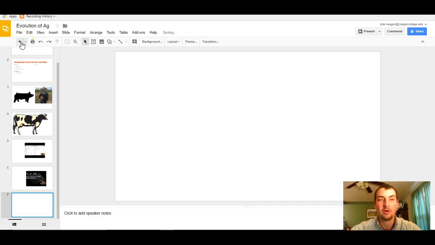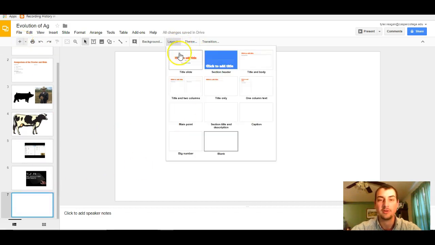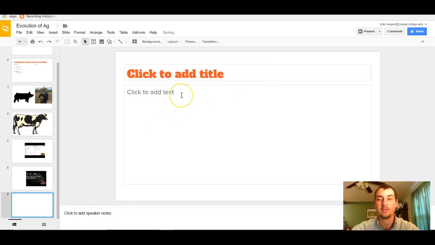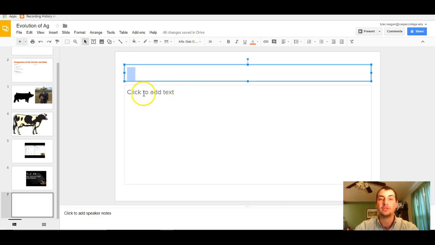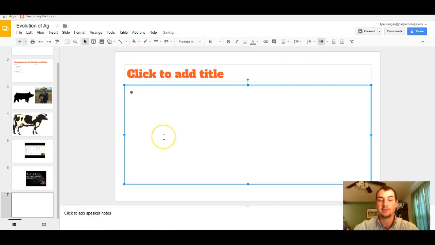Now, whenever you are inserting words, we're going to go ahead and get, say, this layout right here. Whenever you're typing in words and information into a slideshow, something that you want to avoid is typing in long sentences and long paragraphs. If you just sit there and think about it, who wants to sit there and actually read a paragraph? If you are presenting statistics and information to your bosses, do you think they want to sit there and actually read a paragraph off of the computer, off of a slideshow? Usually not. So whenever you're typing in words, you usually want to use these bullet points,